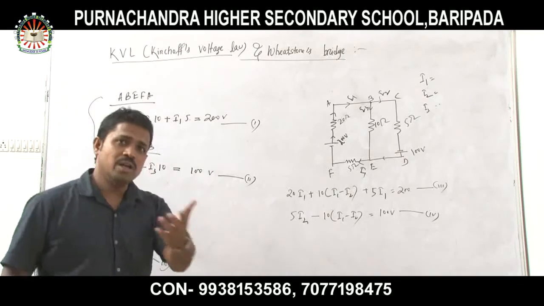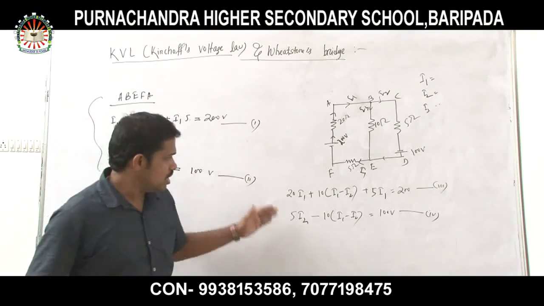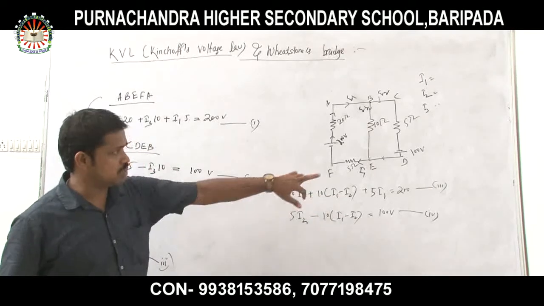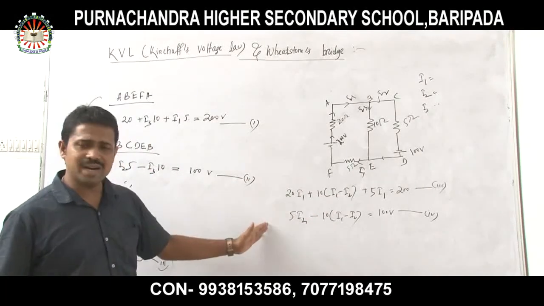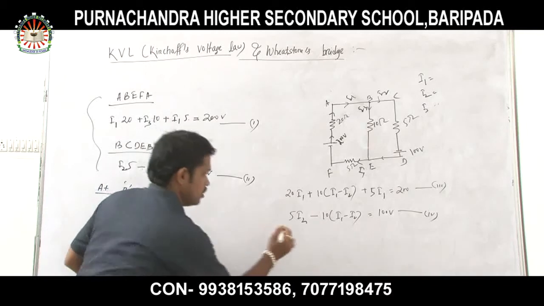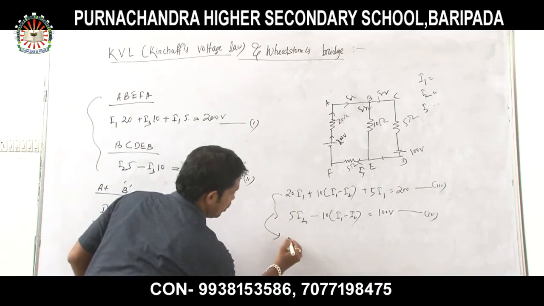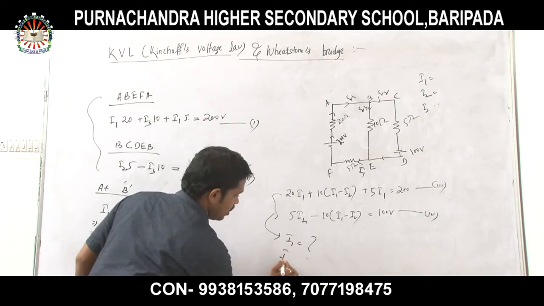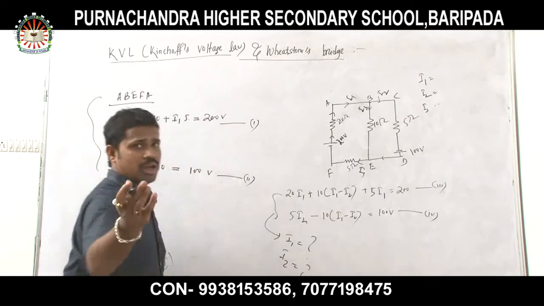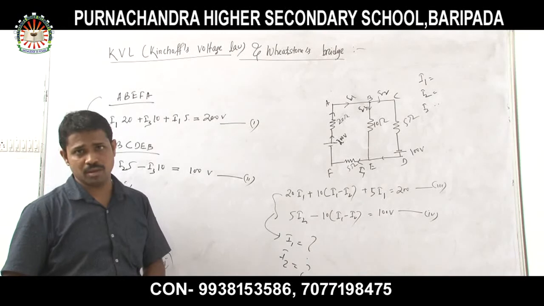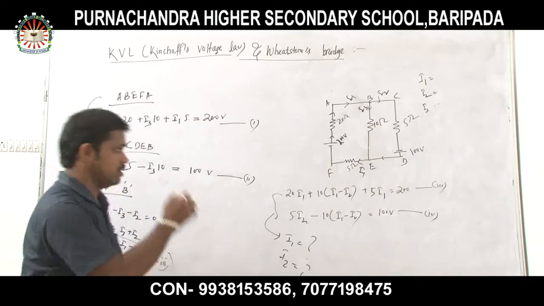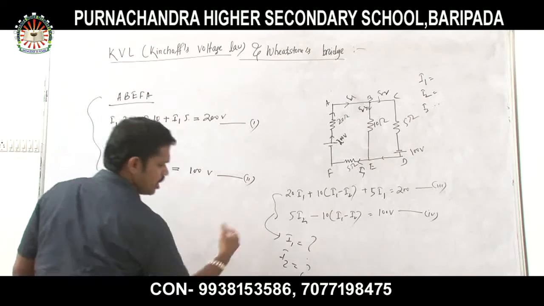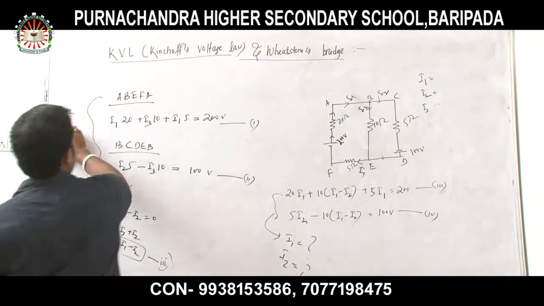Okay, so the rest you can solve very easily because there are just two unknowns, I1 and I2. There are two equations, equation 3 and equation 4. Solve them and you will get the answer. From these two, you will have to find out the value of I1 and the value of I2, and you can do it by yourself. Clear, students? Okay. So you can take it as homework. Solve it.